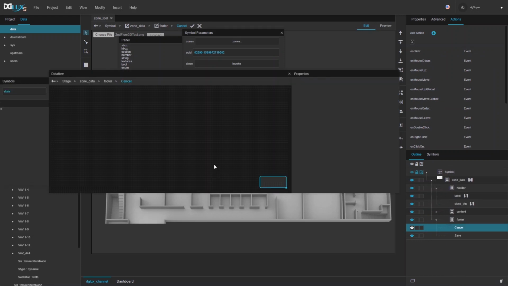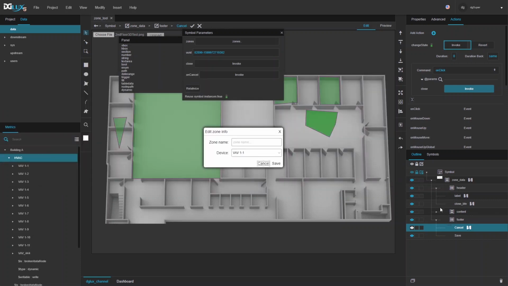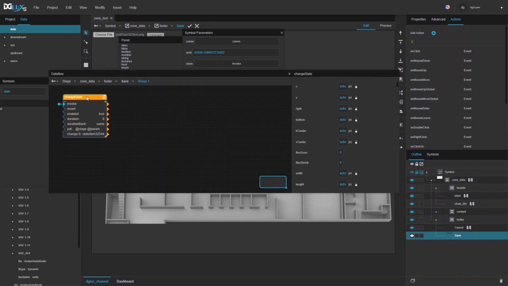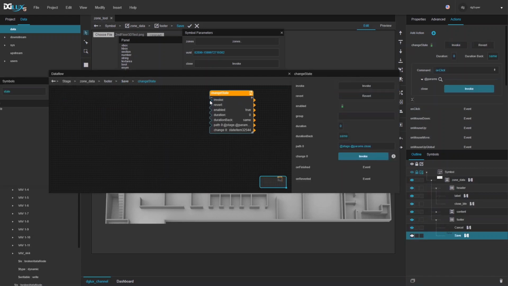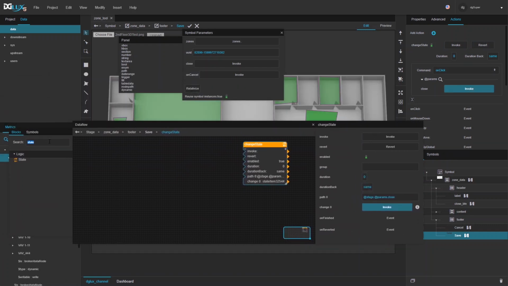And so now I can copy this and go to my other close button, which will be cancel, and paste exactly the same block in here. And I don't need to change anything because this path is true from any location within the symbol. Right, and now on save, I'm going to need that as well, but not triggered by click. It's going to be basically the last event in the chain of events. First event in the chain of events will be edit rows block